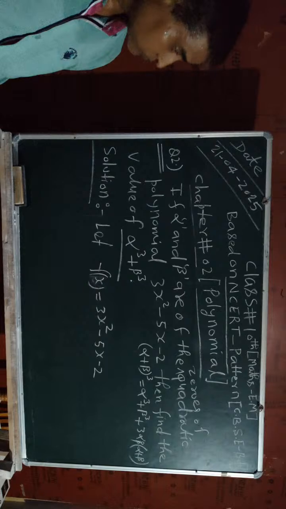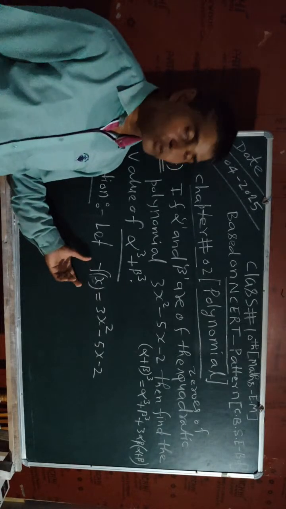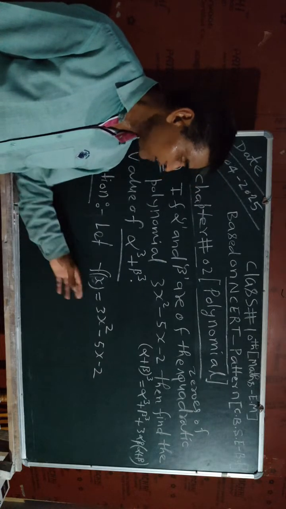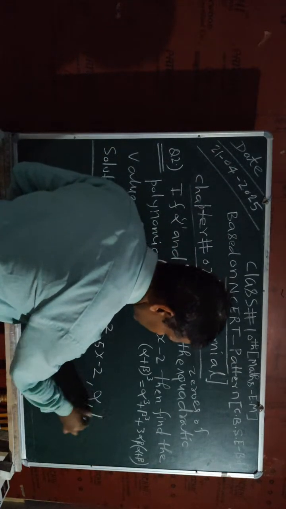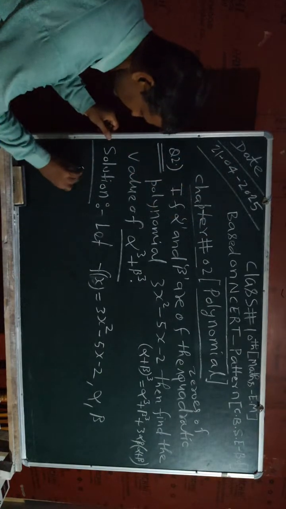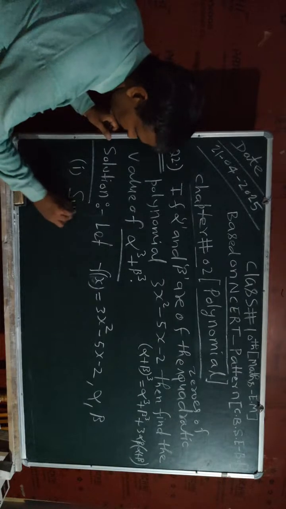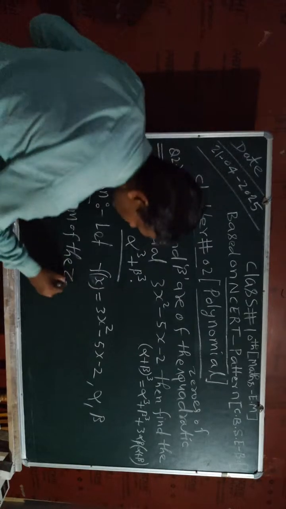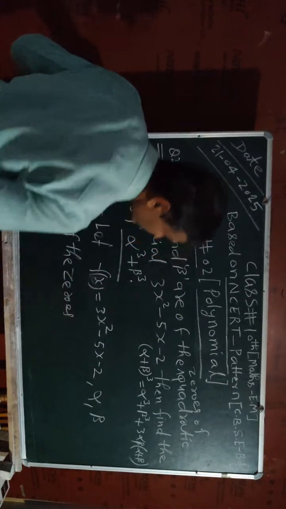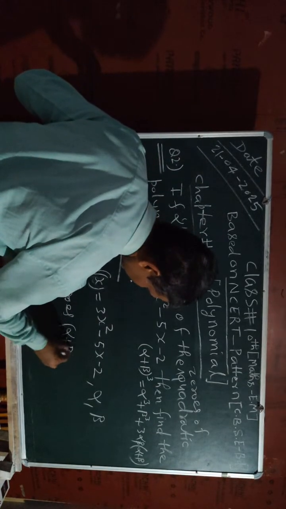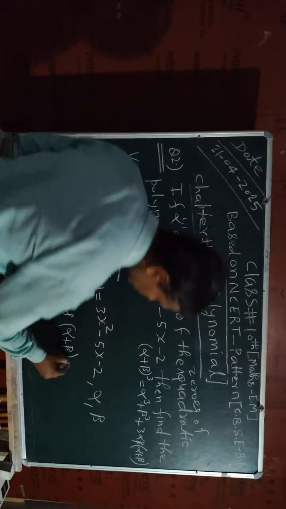Okay student, so here we have to get two conditions. The first condition is the sum of the zeros, and the other will be the product of the zeros. One zero will be alpha and the other zero will be beta. Okay student, so here I will write condition number 1, that is the sum of the zeros of the given quadratic polynomial. In brackets, sum of the zeros means alpha plus beta, which is equal to